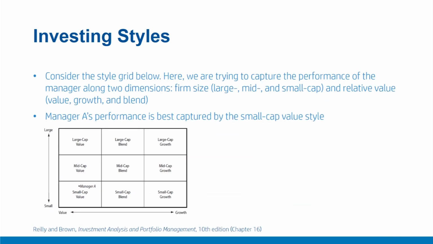Let us examine this idea through a simple example based on the style grid as shown here. Consider that we are trying to examine various investment managers and their performances across two styles. One is size, which has three dimensions: large, mid cap, and small cap, and the relative value dimension, which has value, growth, and blend. So it's a sort of 3x3 portfolio, and the style grid would look something like this: a 3x3